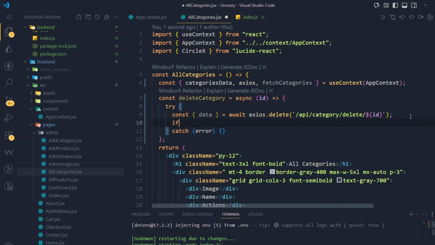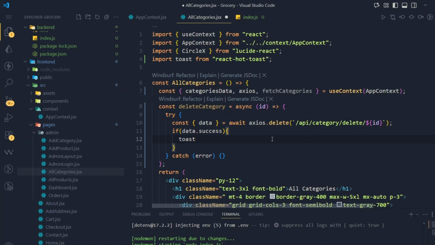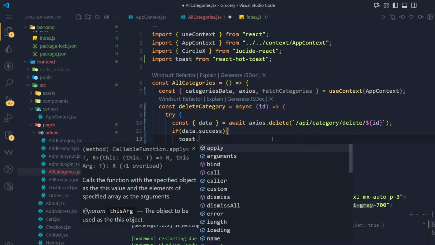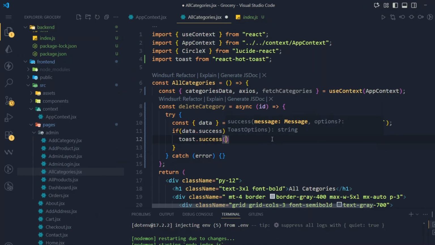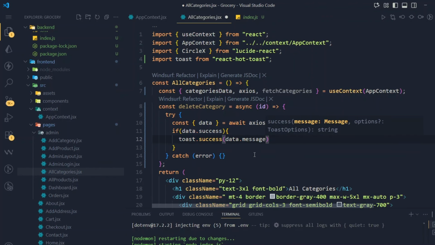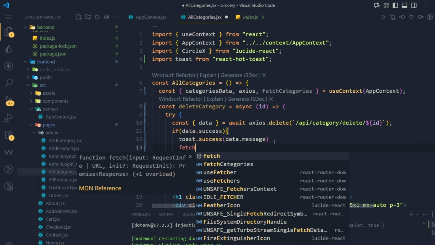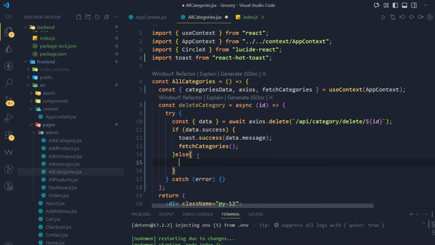So what we need to check is if data.success. So we will show here toast.success with data.message. Like this, and we will use the fetchCategories function again. What it will do is fetch all the categories again when we delete our category. Okay, in the else statement we will use